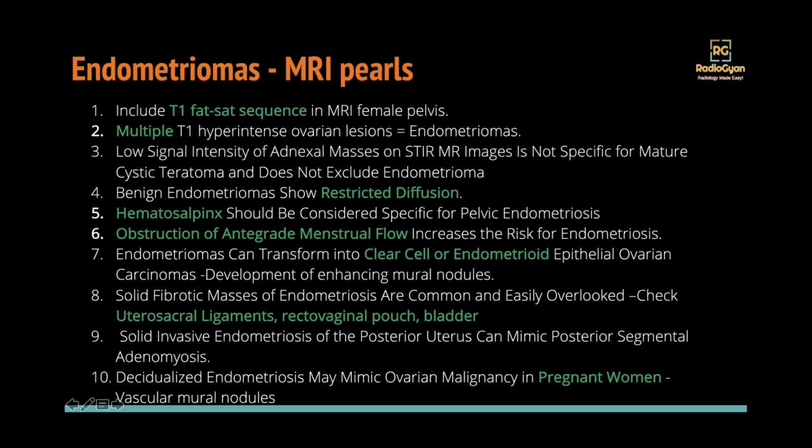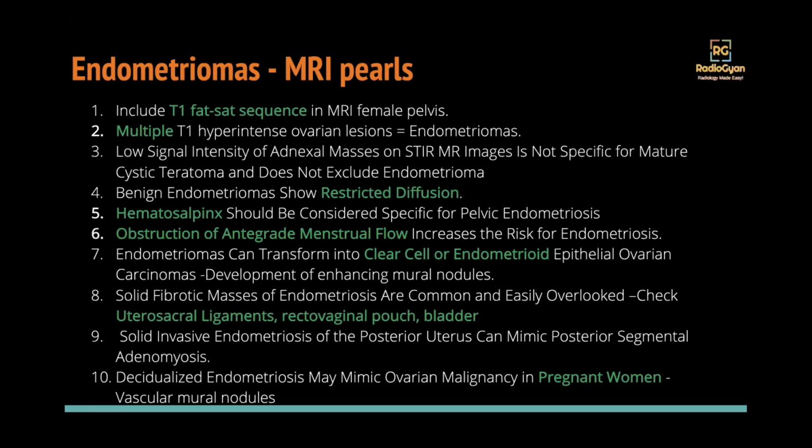An important point from a planning perspective is that always do subtraction images in cases of female pelvis MRIs, because T1 hyperintensity can simulate contrast enhancement on post contrast images. So the basic funda is that if a lesion is inherently T1 hyperintense, you will not be able to say whether it's enhancing or not enhancing if you don't do subtraction. So subtraction images are a must.